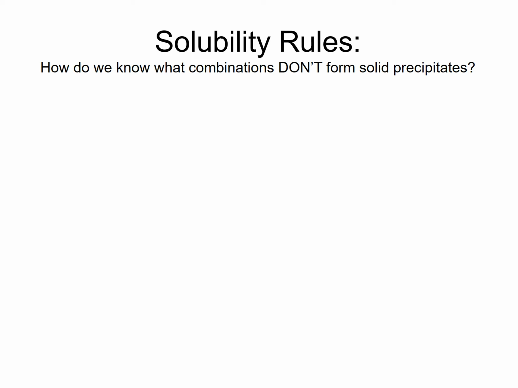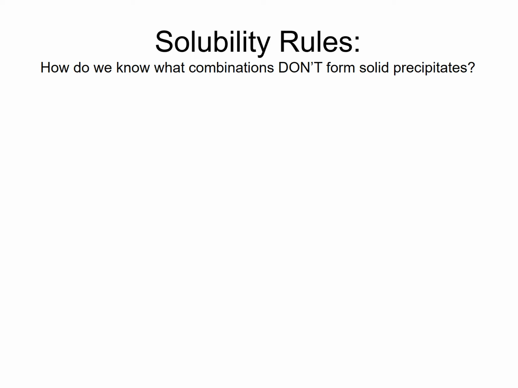Now, how do we know what ions will form solid precipitates? And by the way, when a solid precipitate forms, it forms because it's insoluble. It's forming because it won't dissolve in water. So how do we know what combinations don't form solid precipitates? And the reverse of that, of course, is how do we know which combinations do form solid precipitates that won't